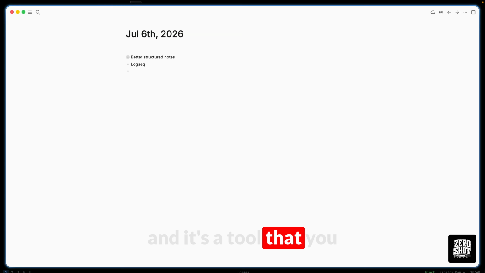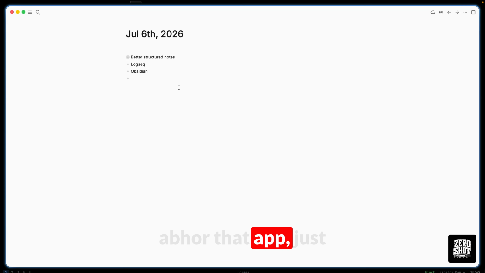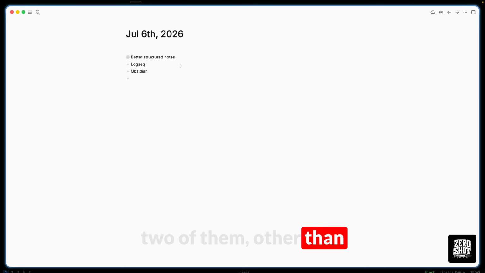And it's a tool that you can just open up and throw things into. And you don't have to try to fit into some rigid note structure or some folder structure that somebody else defines for you. And on that topic, why not open Obsidian and explore all of the ways that I absolutely abhor that app, just to compare, because I feel like logseq and Obsidian get thrown around in the same conversations online. And to me, there's literally nothing further apart than the two of them, other than, sure, they